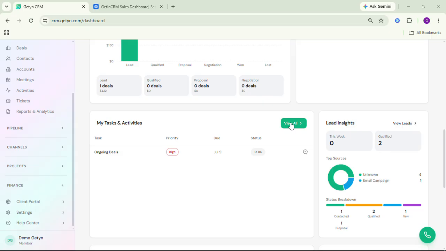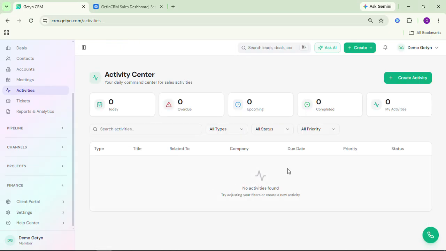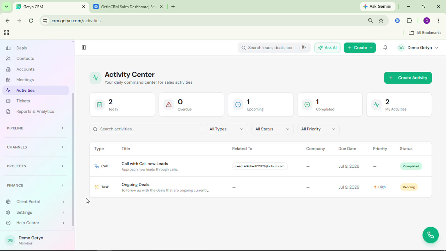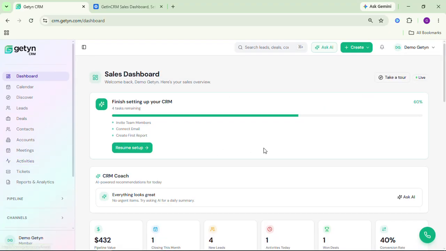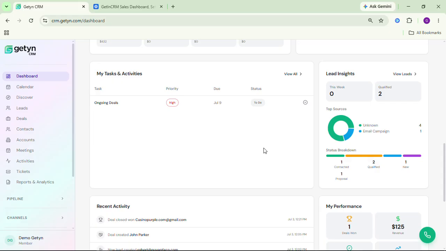You could also go through the activities. It would take me to the activity module, and here you could see all the activities that are due. So this one is completed and this one is pending. So that's how the dashboard works. If I go back, and after that we see the